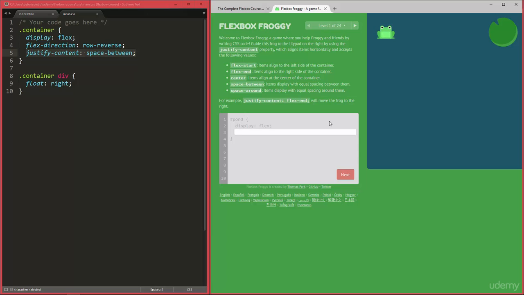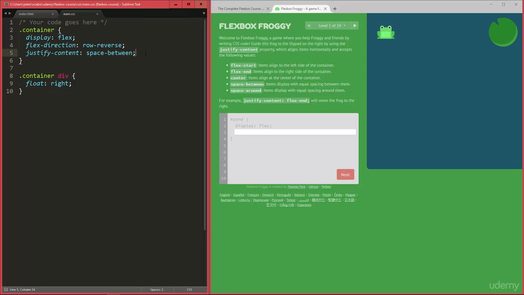Of course, practice is very important, but also your code editor should be a good help with the different properties that are available. So like flex direction, justify content and so on, but also with the different values that are actually valid for each of those properties, like row, row reverse, column, column reverse, flex start, flex end, center, space around, space between, and so on.